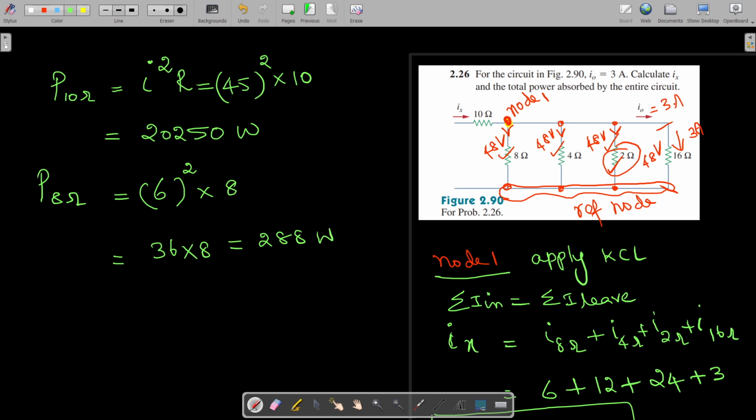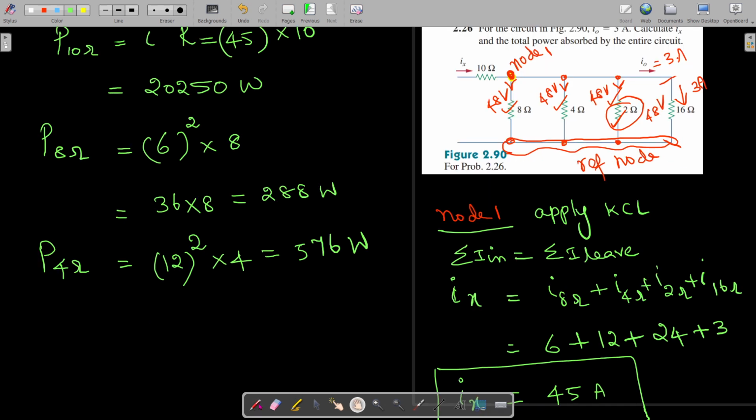watts. Then the power absorbed by this 4 ohm resistance is equal to the current flowing through that 4 ohm resistance, that is 12 amps, squared, into the resistance, which is 4 ohm, isn't it? So it is 144 into 4, 576